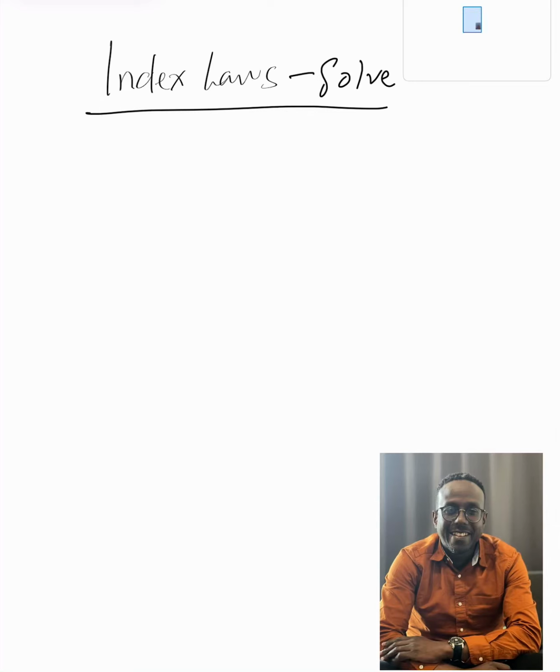We're going to look at some questions that require us to solve, but we're still using indices, okay? Powers. So, for example, I'm going to do one example nicely, then you should be able to try out one, okay? Now, the question I have, we are given 2 to the power of 4x plus 1